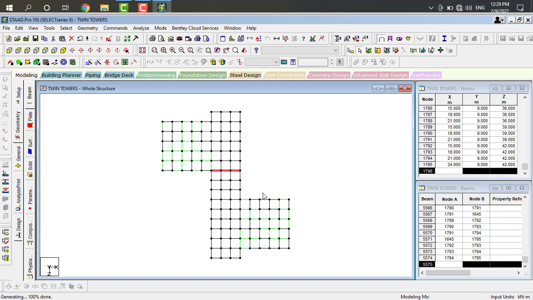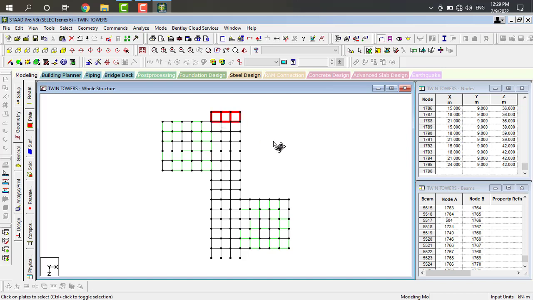Now we have applied here one 4 node plate. This is our first node, second node, third node and our fourth node. Again, to the respective plates apply the 4 node plate. Like this. Now I want to select these 3 plates by using the plate cursor.